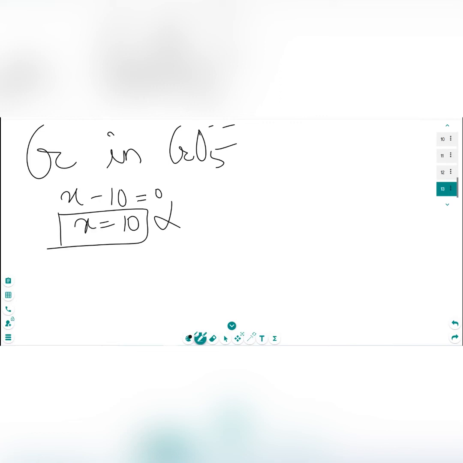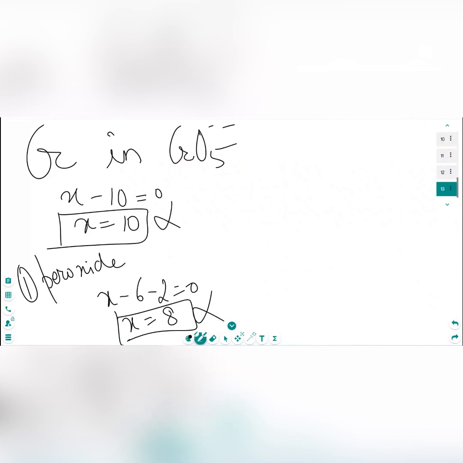Now, what is the next step which you did? You took one peroxide, correct? And then you got the answer as +8. Why? Because x - 6 - 2 equals 0, so x equals 8, which is also wrong. Why wrong? Because if you take one peroxide, the oxidation state is coming 8, which is not the maximum. The maximum is 6, which is again exceeded. So what we will do, we will take here